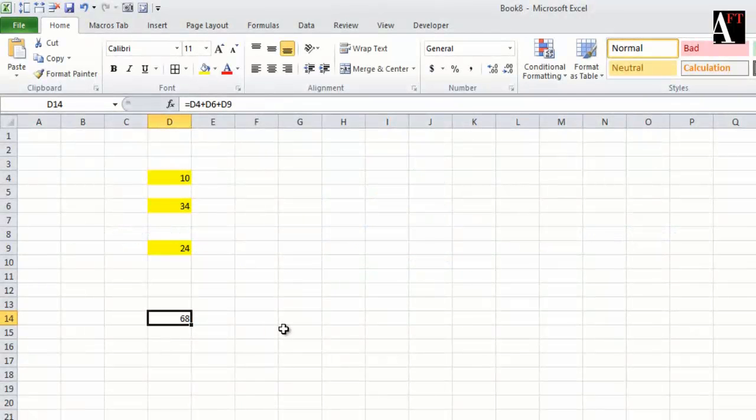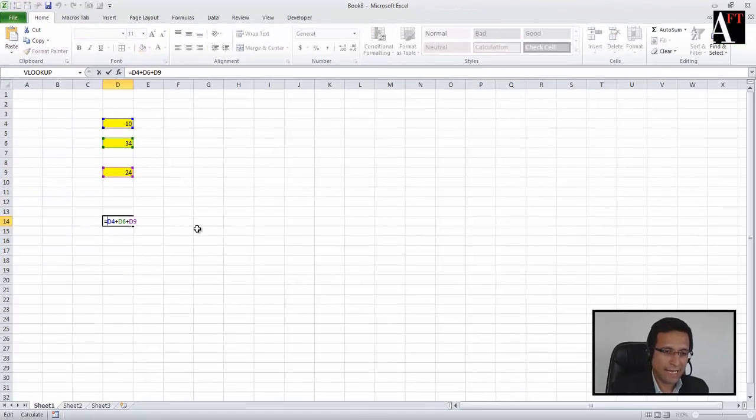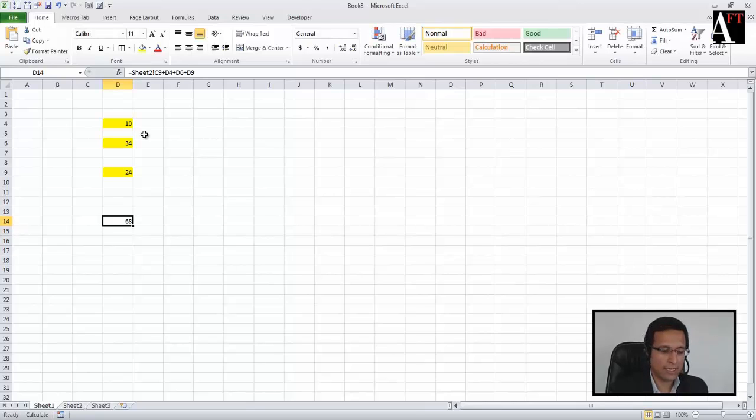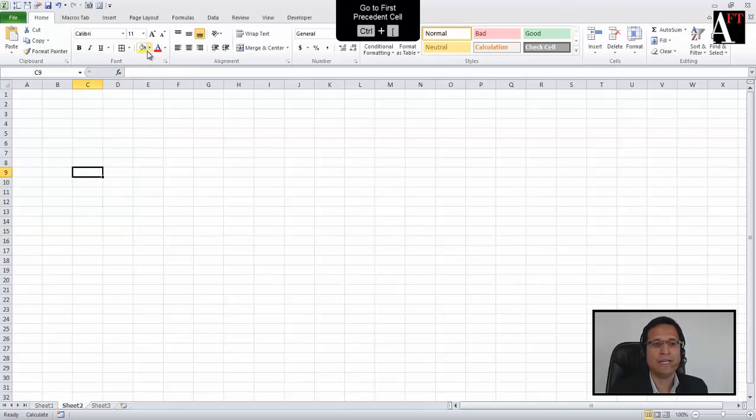Now, if there are some numbers which are coming from another worksheet, then they won't be captured in this case unless that cell is the first cell. Meaning, if I have something coming from another worksheet, so let's say it is something like this. Now control and open bracket will actually take me to this first precedent cell, and now you can note that I am already on that cell. I am going back to my calculation.